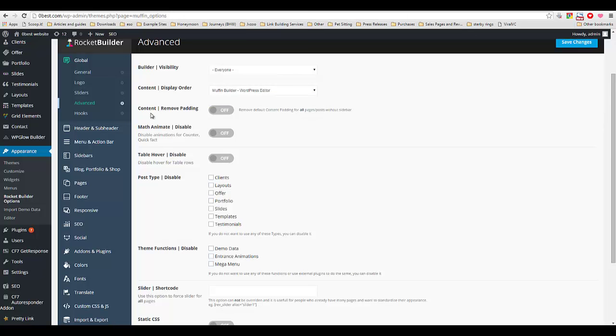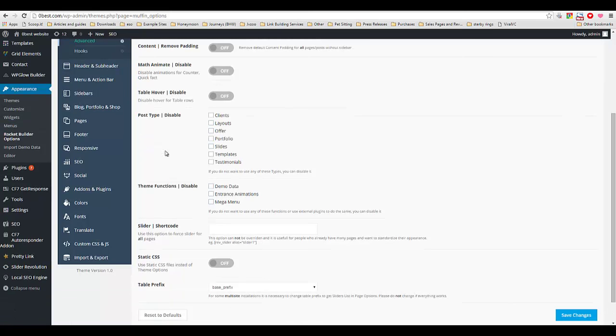That's nothing big there. That's just whether it's going to show the Muffin Builder page builder by default, or the WordPress default editor by default. I mean, this is part of the reason you purchase Muffin Builder, which is the name of their builder, so it should be your default. I wouldn't change that. You can remove content padding, and animate, and again, all of these are